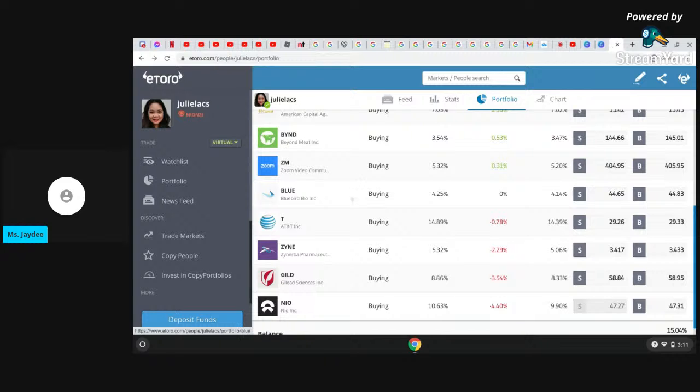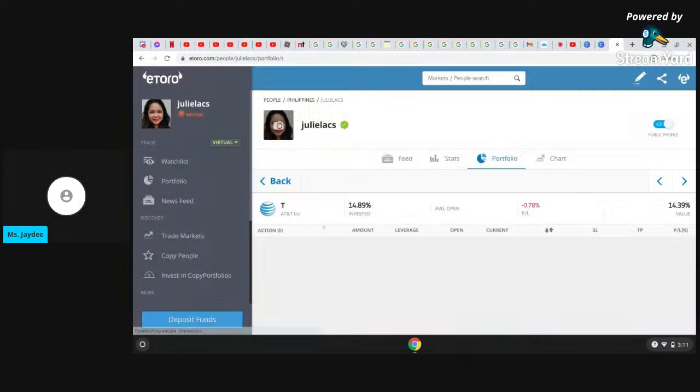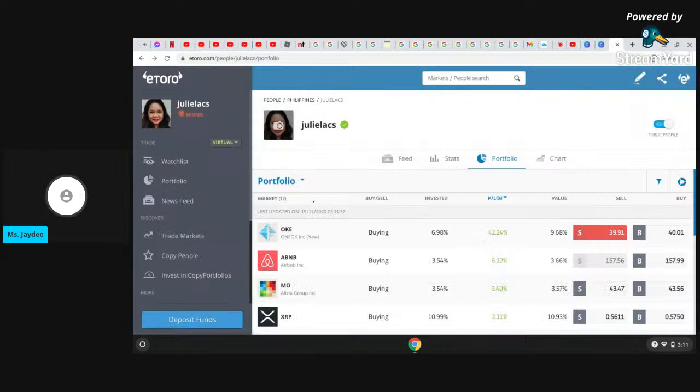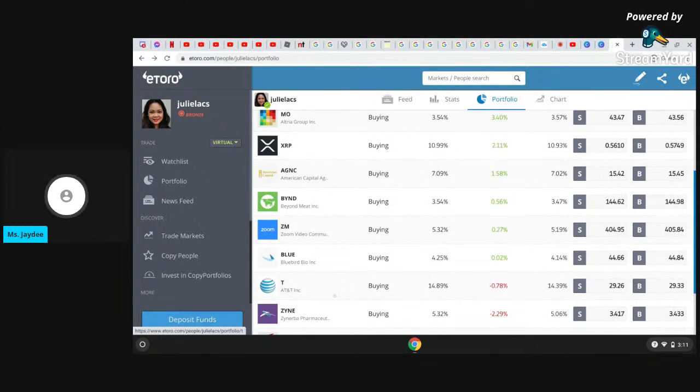Zoom. Okay. This one I also entered yesterday. This blue and Zynerba I entered yesterday, the two. This one I had several positions here, I think four. There you go. For this one, my main goal here is for dividend play,